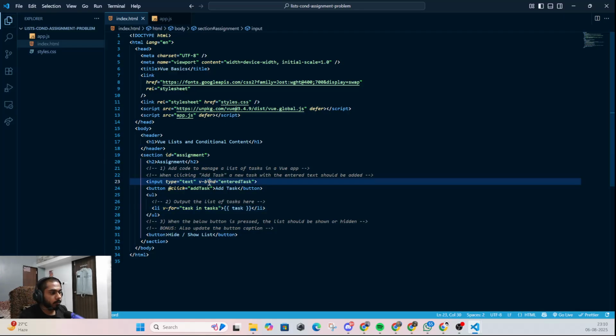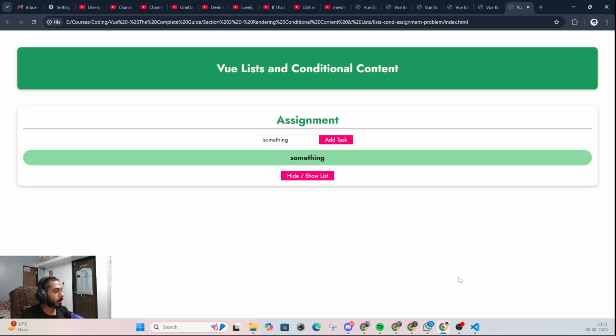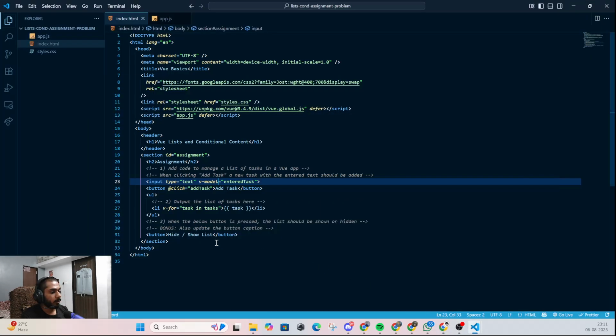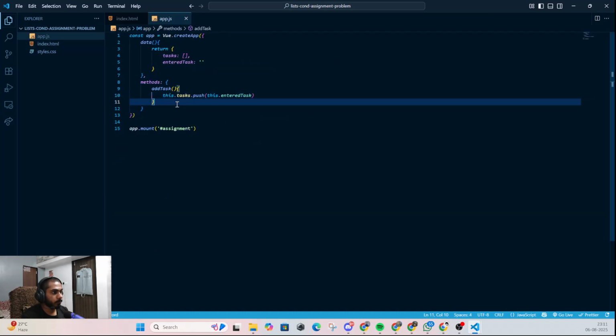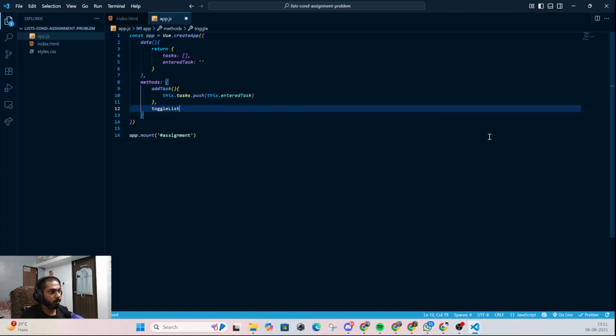I think it's not model, it's bind. It's not bind, it's model. Yeah. And then when the below button is pressed, the list should be shown or hidden. So we can add a method, let's say toggle list,